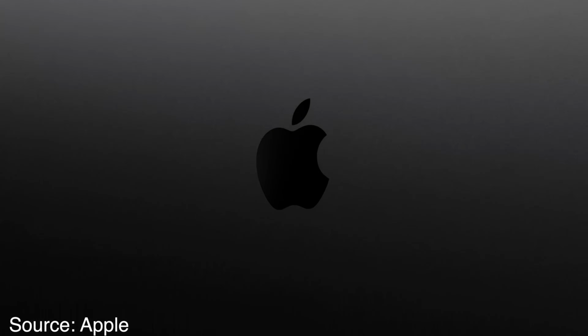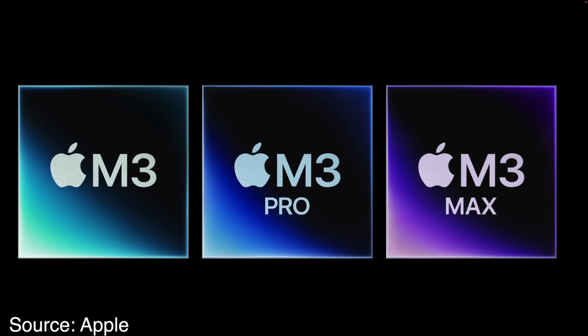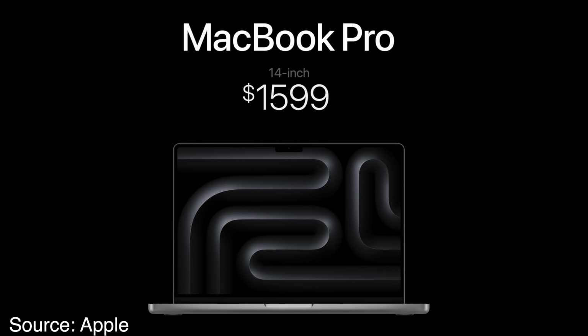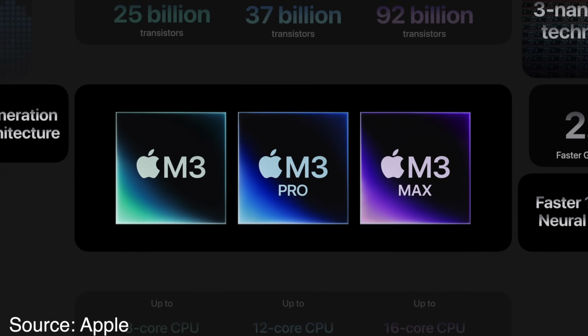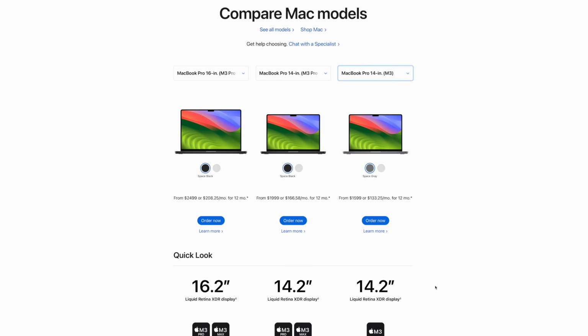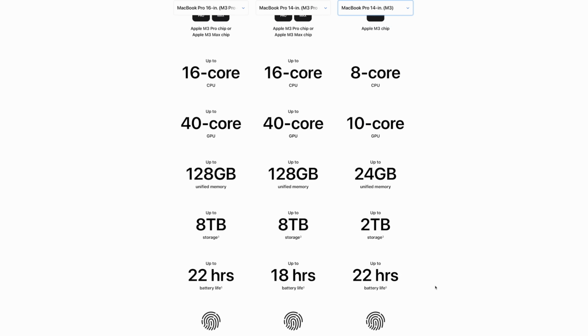Apple just released the brand new M3 MacBook Pro lineup, and it is a bigger lineup than I was expecting, with a brand new base model M3 MacBook Pro, complete with a 14-inch ProMotion 120Hz display for just $1,599. It is probably going to be a very popular model, and on top of that, they got the new M3 Pro and M3 Max MacBook Pros also coming out with some insane horsepower, and there's a lot of differences between this model. Some things you need to know about these MacBook Pros that I want to tell you about